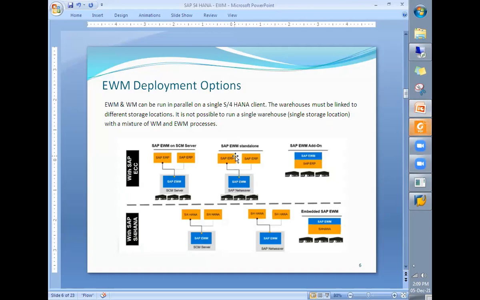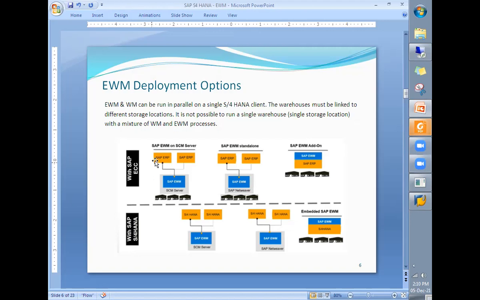After understanding the technical aspects in general related to SAP, when it comes to the technical aspects related to EWM, we will try to understand different deployment options. Here, you can see EWM can be used as decentralized EWM and embedded EWM. Before launching SAP S4HANA 1610, the decentralized option was used.